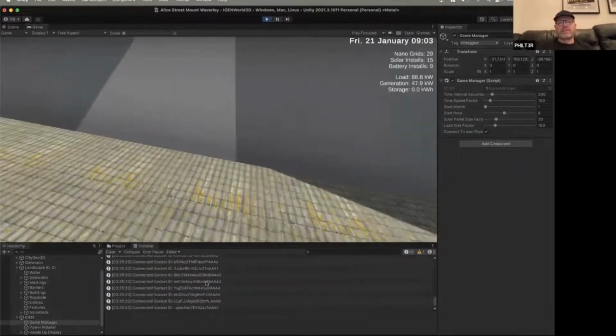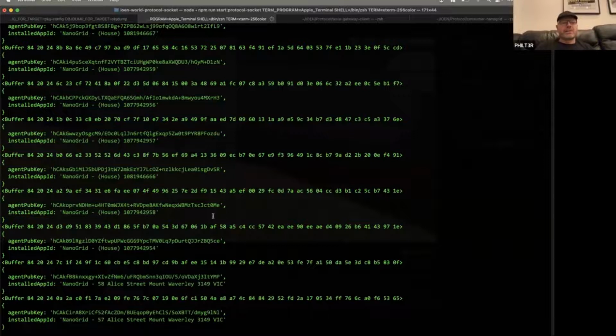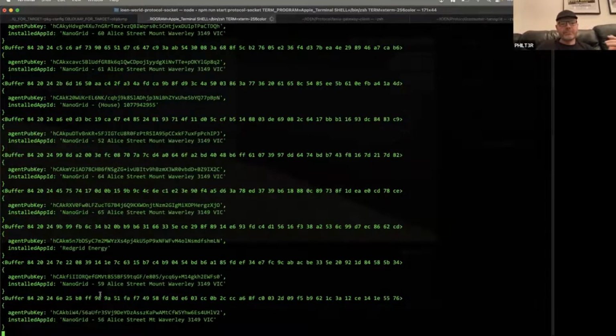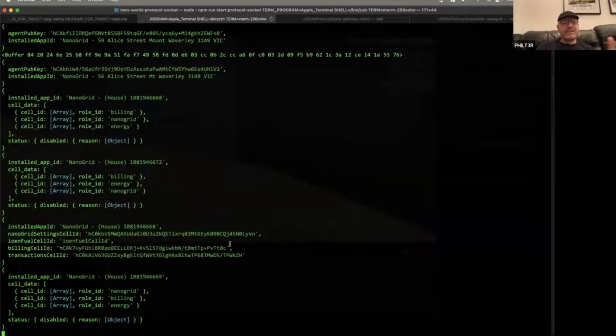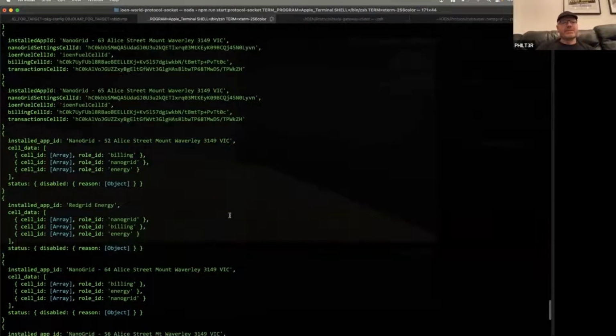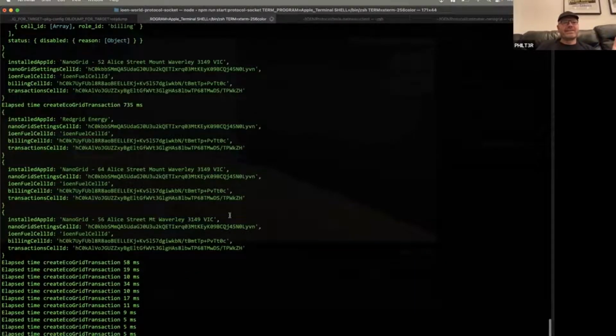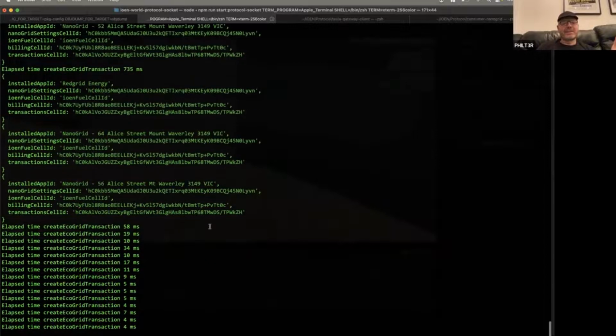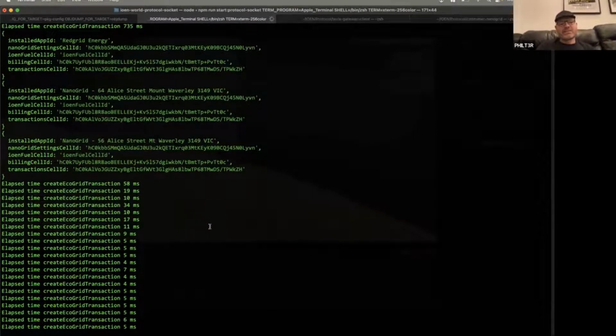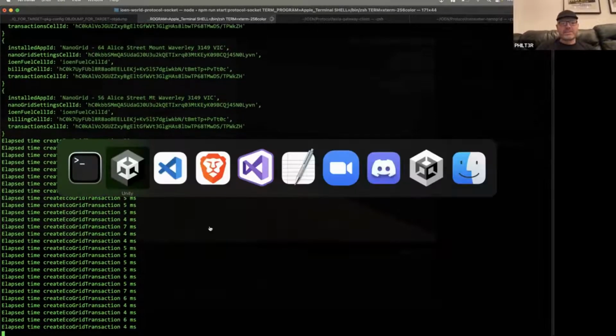So you can see it's now connected to that socket. This is what's going on in the background. It's creating all these agents. I use the address as the installed app ID. It works really well. Now you can see they've installed a bunch of apps, each one. Oh, look at that. And so what's happening here is each time an eco-grid transaction is happening,